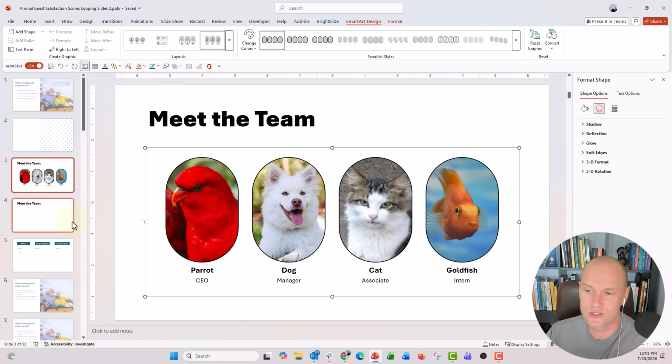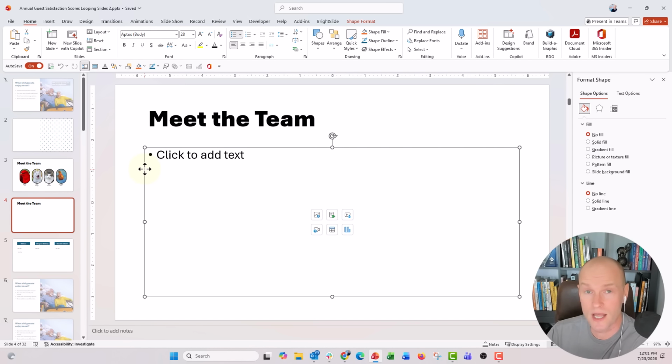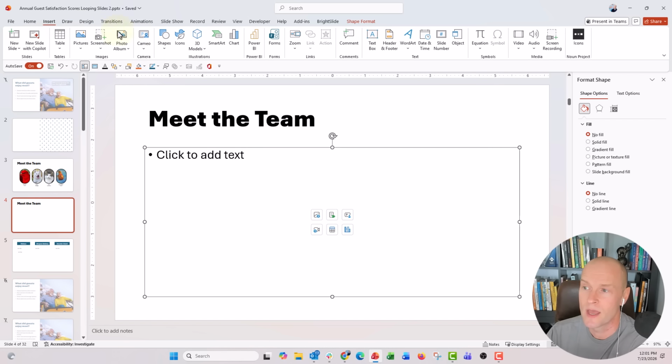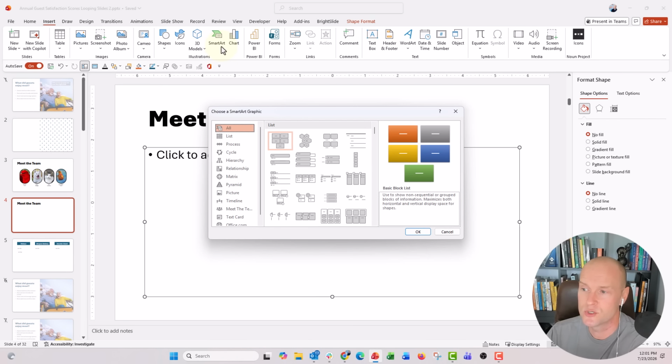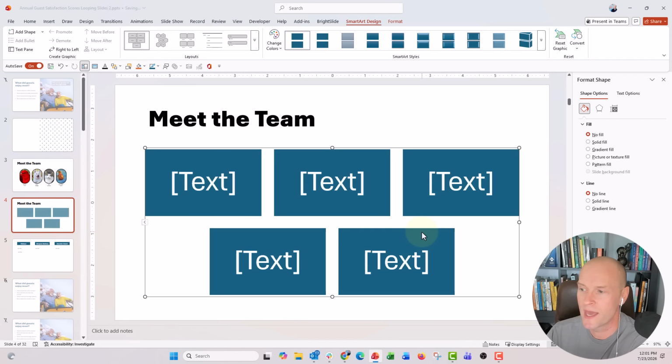So I'm going to go ahead and open that. If you wanted to just insert a SmartArt from scratch, you could either do it from a content placeholder like this, click on that little SmartArt icon, insert a SmartArt graphic, or you can go to the Insert tab, under Illustrations, go to SmartArt, and then you can choose from all of the different SmartArt right here. This new one is under Meet the Team, and you can see there's a few different options. I chose this final option, Meet the Team Oval, and you can go ahead and click OK, and you get,